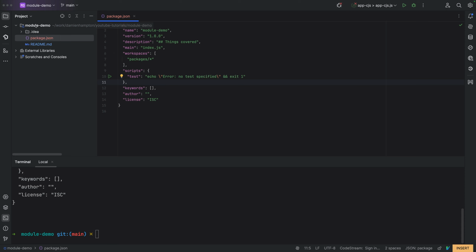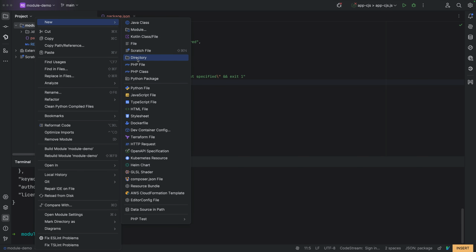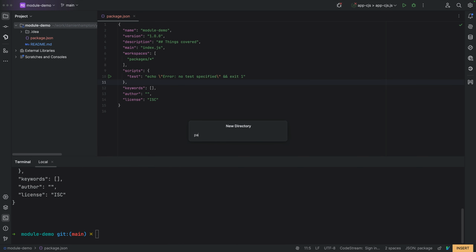So all this means is that I'm going to be able to create a folder now, and within that I'm going to create sub packages, and each one of those packages will be treated as a separate npm package, but we'll get the benefits of running npm workspaces, principally that the node modules folder can be shared between all packages. So I'm going to create a new directory, and we're going to call that packages, and we're going to call the first one